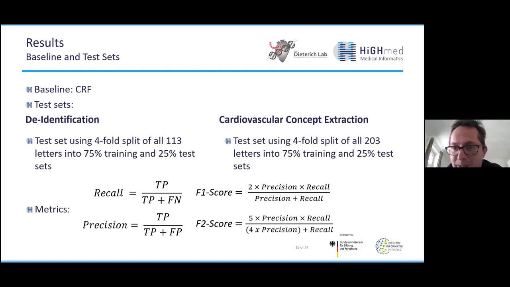If you remember in the introductory slides, you've seen that, for example, the data set for cardiovascular concept extraction consisted of 380,000 words, and just 4,000 are actually containing cardiovascular concepts. So we have to handle a lot of true negatives. And if we would, for example, apply the score of accuracy, you would easily see that if you take a model which assigns to each word a negative label, this model will have most probably more than 99.something% accuracy.